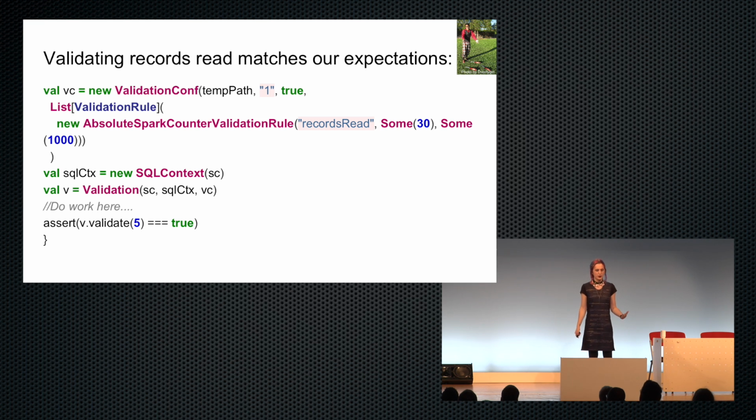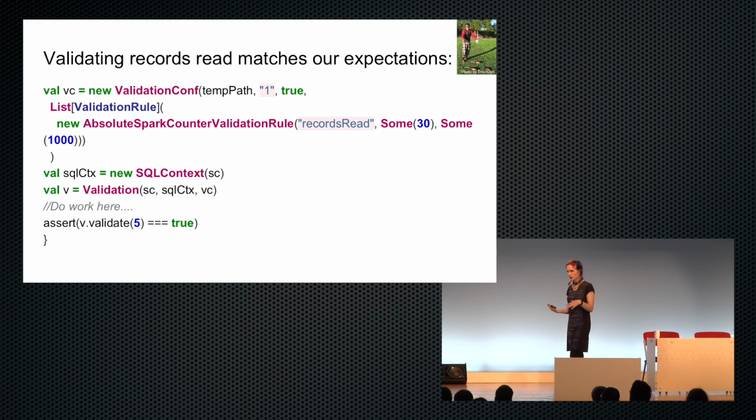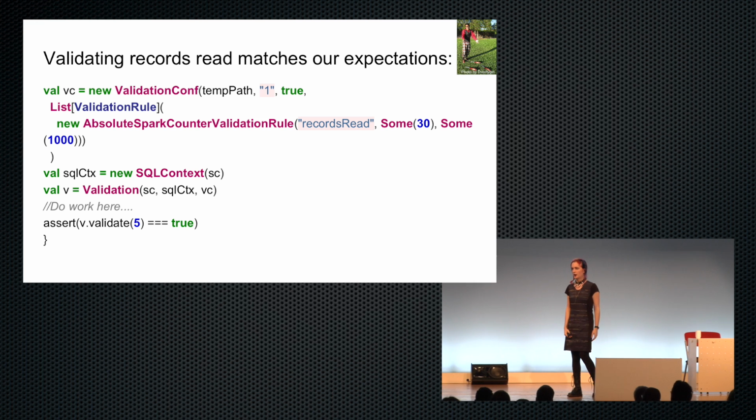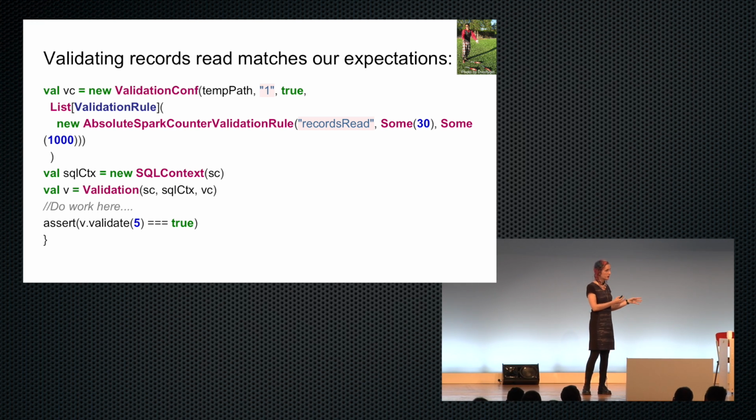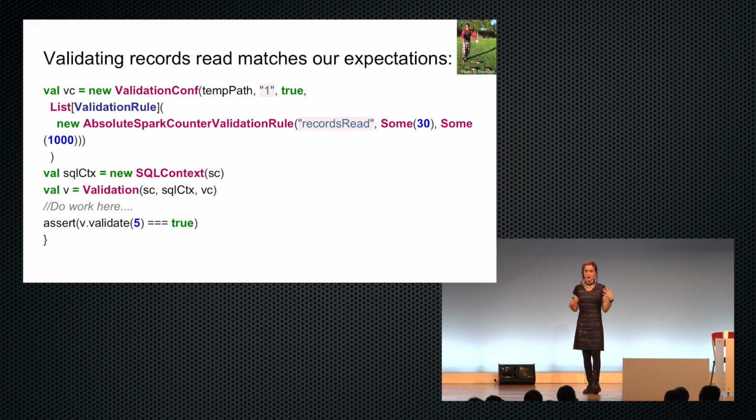And yeah, so here's an example of using the validator package. On a personal note, I think it's okay to have validation rules that sometimes misfire. Just don't throw away the data, just keep it and don't push it to production so you can investigate what's gone on and then manually figure out if it's okay and if it's a reasonable time to add an exception. Maybe your company did something terrible and you lost half your users yesterday, so this is actually expected that your job processing time went down.